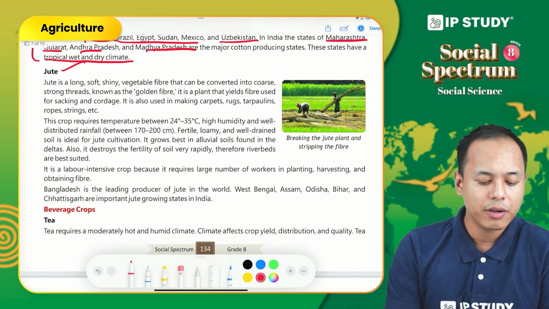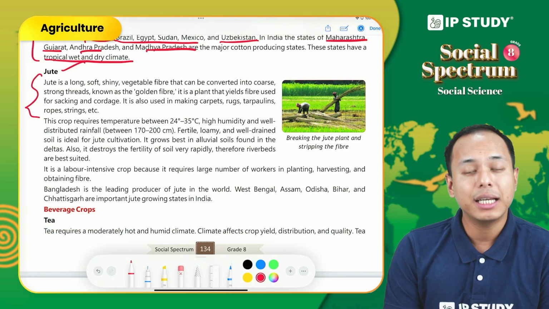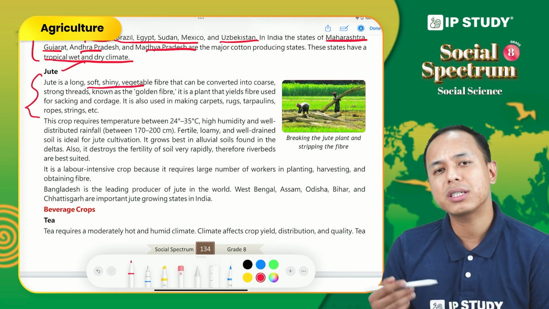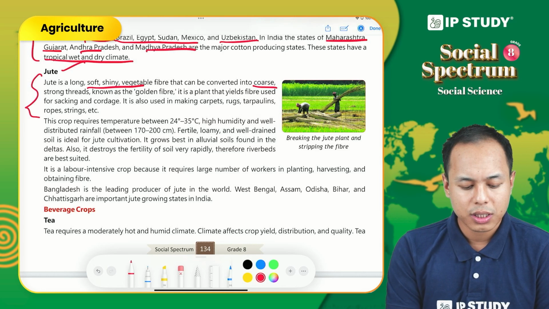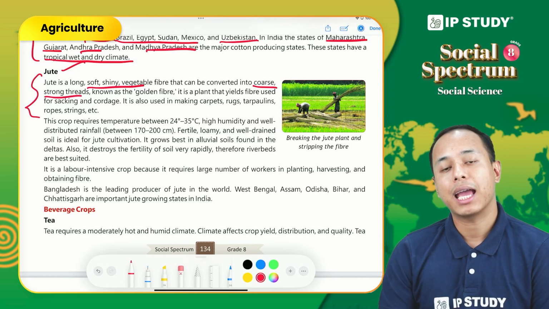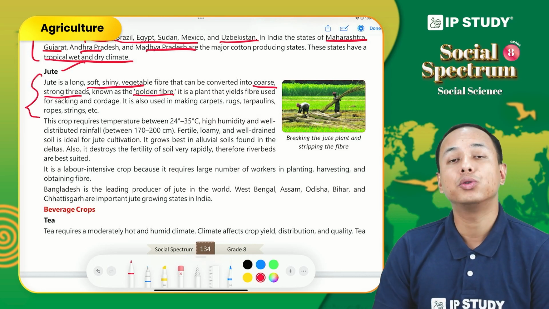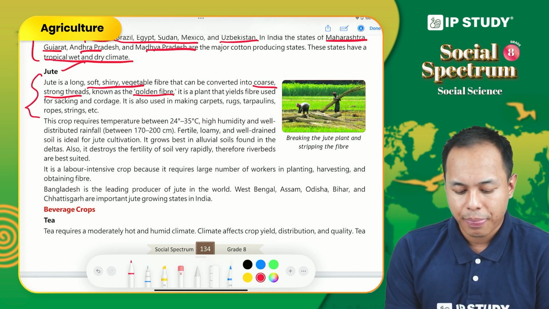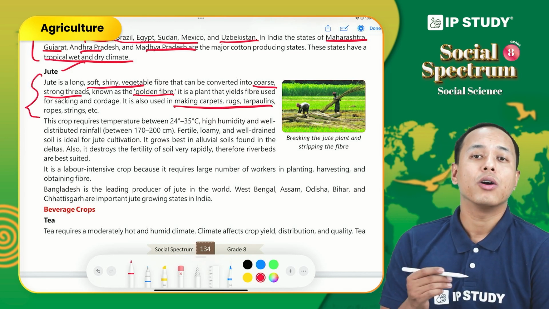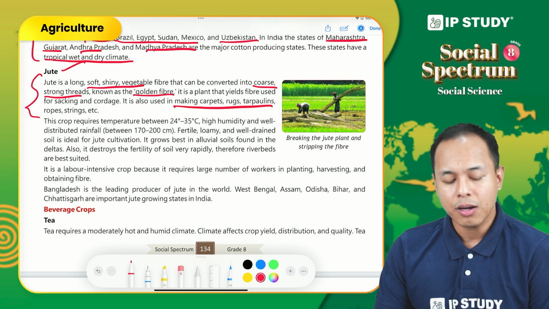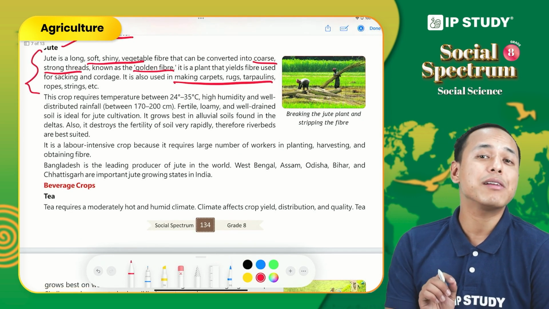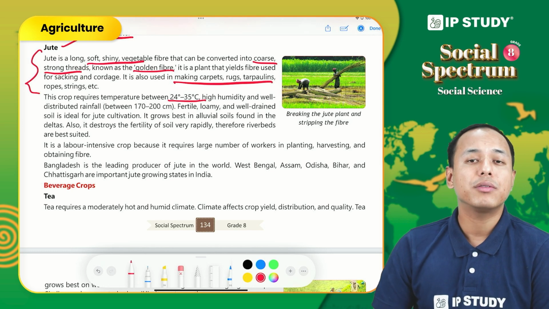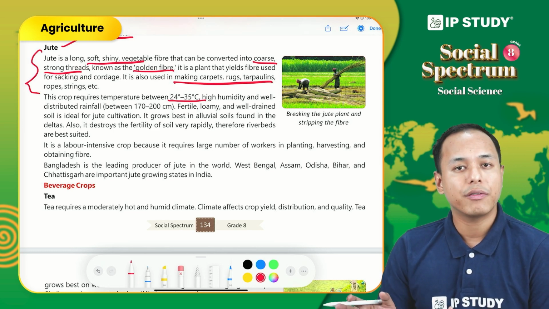After cotton, we have jute. So jute is a long shiny vegetable fiber which is processed and converted into coarse strong thread, and it is also known as golden fiber. It is used to manufacture carpet, rugs, tarpaulin, rope, strings and many other products. If you look at the climatic condition required for cultivation of jute, temperature between 24 to 35 degrees